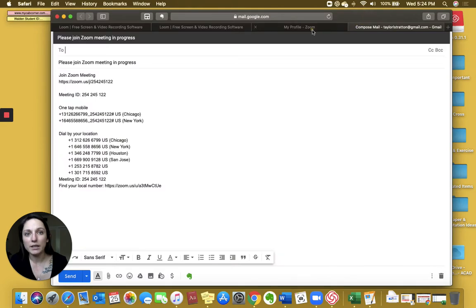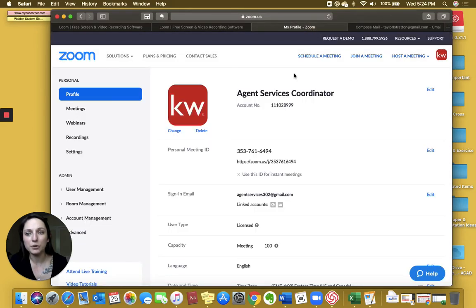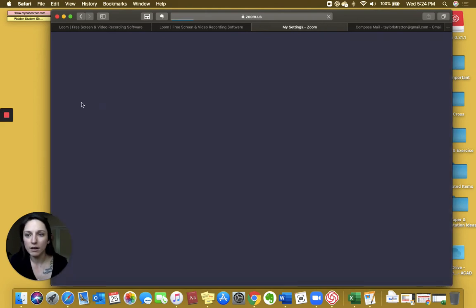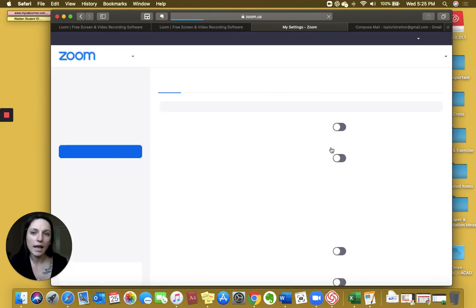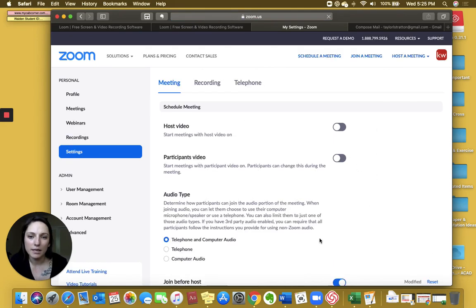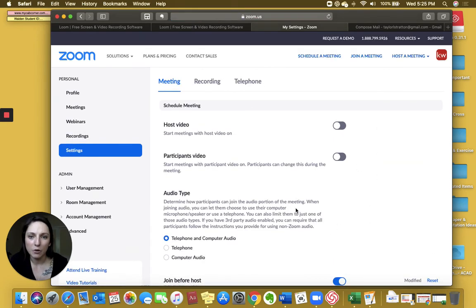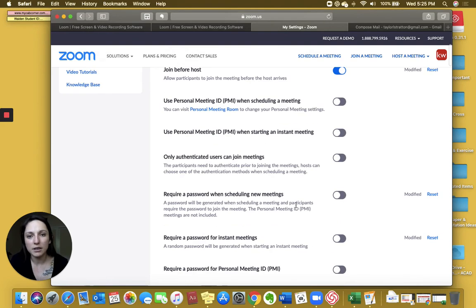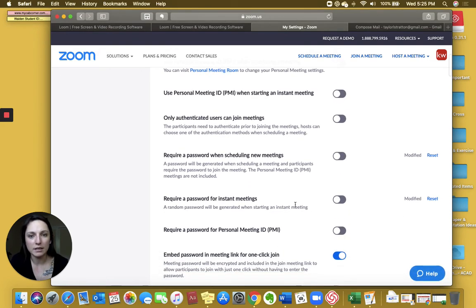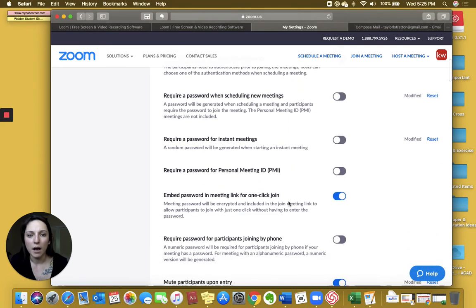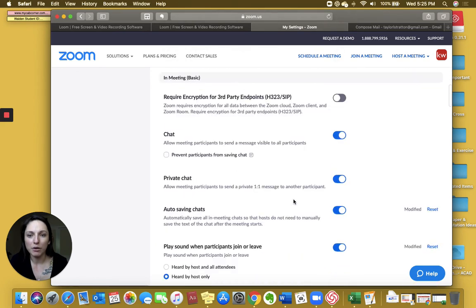If you go into your, one last thing, if you go into your Zoom profile here, like your web page, and this is where it usually opens up. It's your profile, it's your home. Go down to settings on the side here, and this is how you adjust everything that you want. So there's so many options, and you kind of just have to read through them and see if it's what you want. But for example,